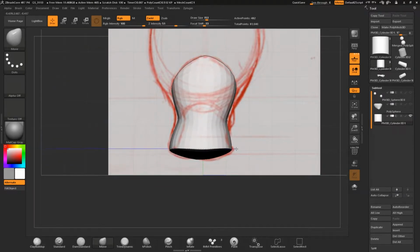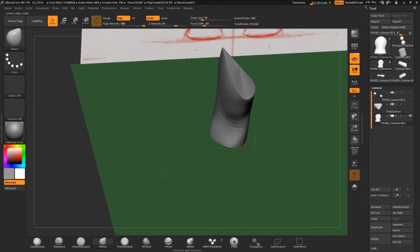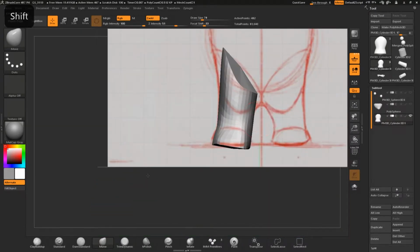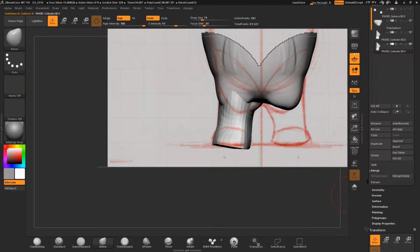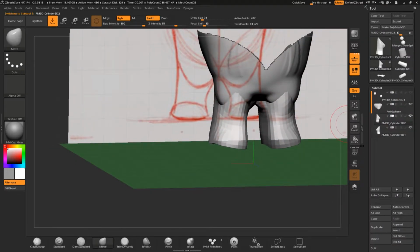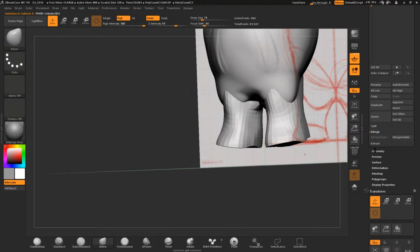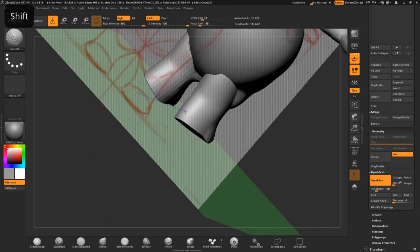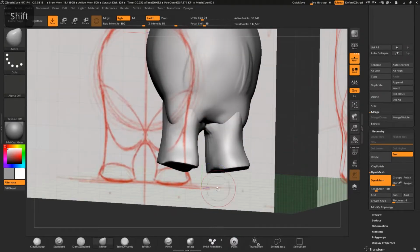Obviously. So yeah. So as you can see, I'm working out my details some more, slowly building them up, slowly adding resolution, and working with dynamic mesh. So we do have two options here with dynamic mesh and subdivision. And if you're smart, you work with dynamic mesh first, get it to a certain point, and then you move over to the subdivision, and then you continue working and increasing detail. The subdivision will allow you to back up those details, go backwards. And you obviously lose as you minimize your